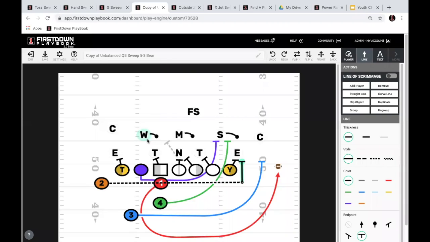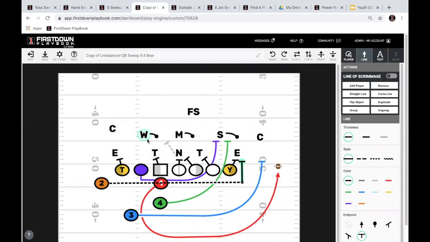Well, how many players on your team, Charles, do you have that are good pullers? Pulling, it's easy to draw a pull scheme up, but it's harder to teach a kid to be able to pull, get across the formation, get up, turn his shoulder pads up, and actually get a block. If you don't have kids that can pull, all they're going to do is get out there and get in the way. So if you've got kids that can pull, I'm all for pulling the backside,